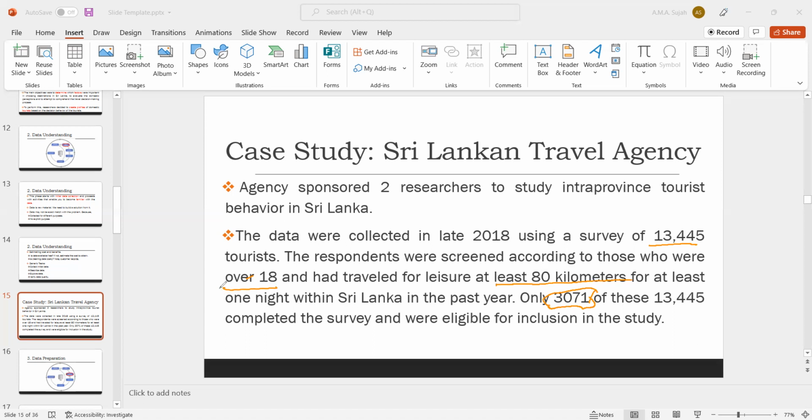Among them, they will filter or group over 18 or under 18. Likewise, they will notice among them how many people travel less than 80 kilometers or more than 80 kilometers. What are the numbers? They will understand about the data. Even if you think about diabetic patients, you need to think how many people are affected by diabetes in the early ages. Nowadays, young people are affected by diabetes.